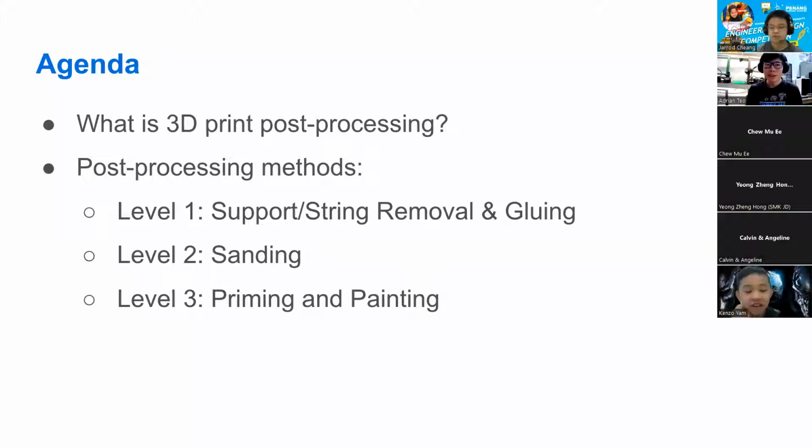So there's level 1, level 2, and level 3, three different difficulties. Level 1 is beginner level, easy. When you 3D print something, you will have supports and you have strings. You will need to do some gluing, then some sanding, and some painting. So today I won't talk about what is 3D printing,